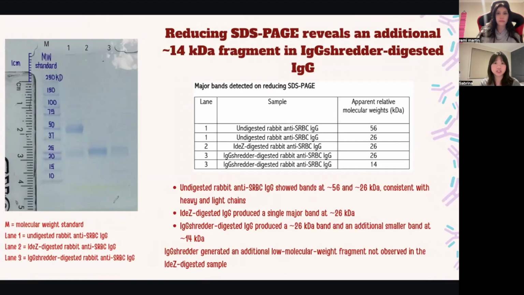Under reducing conditions, where the disulfide bonds are broken, the undigested IgG showed bands at approximately 56 and 26 kilodaltons, consistent with heavy and light chain associated species. The IDZ digest showed a dominant 26 kilodalton band. The IgGShredder digested sample showed a 26 kilodalton band plus an additional smaller band at around 14 kilodaltons. Together with the non-reducing gel, this suggests that the IgGShredder digest underwent further fragmentation